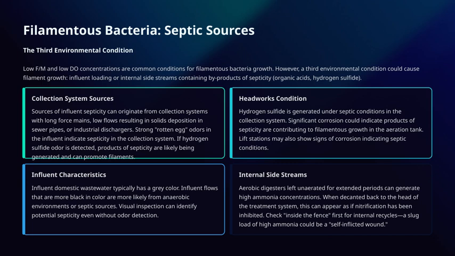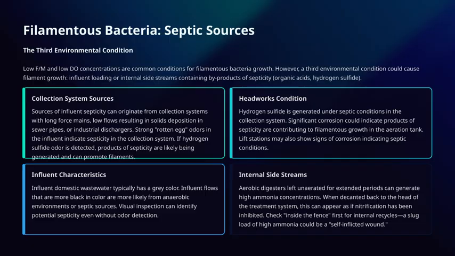Finally, internal side streams are important to monitor. For example, aerobic digesters that have been left unaerated for a while can generate high ammonia concentrations. When that sludge is decanted back into the treatment system, it can look like nitrification is being inhibited. So, it's crucial to check inside the fence first. An internal recycle with a high ammonia load can be a self-inflicted wound, contributing to filamentous bacteria issues. So overall, recognizing these signs and understanding their sources helps us manage filamentous bacteria growth more effectively and maintain a